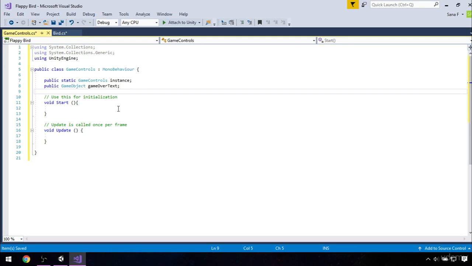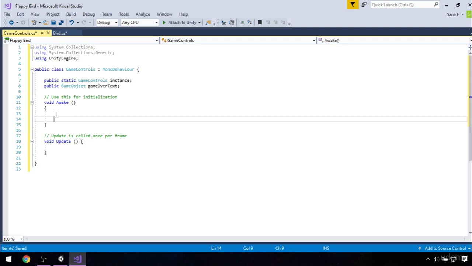To make sure that there is only one instance of this game running and that this is the one, we will change the start method to awake. Awake method is used to initialize any variables or game state before the game starts. Awake is called only once during the lifetime of the script instance, by definition. This method will make sure that there is only one instance of this game running, meaning that it will destroy